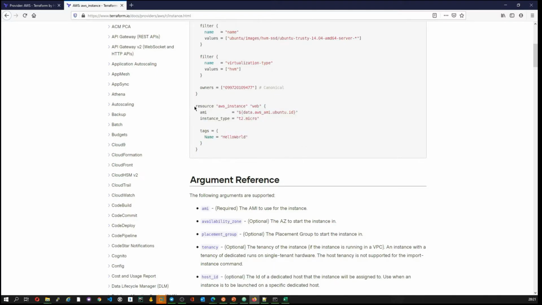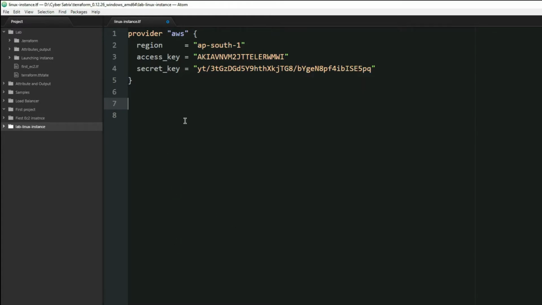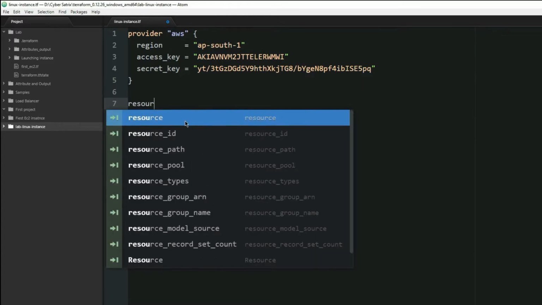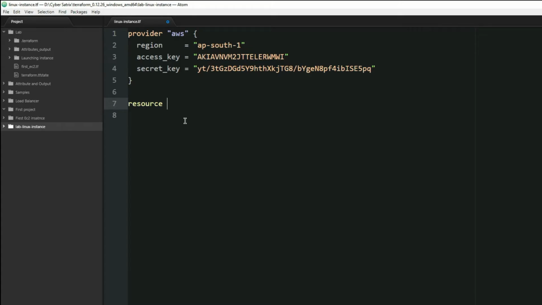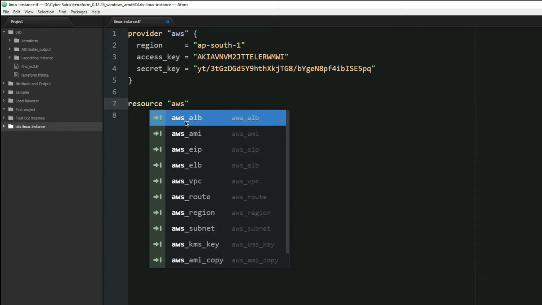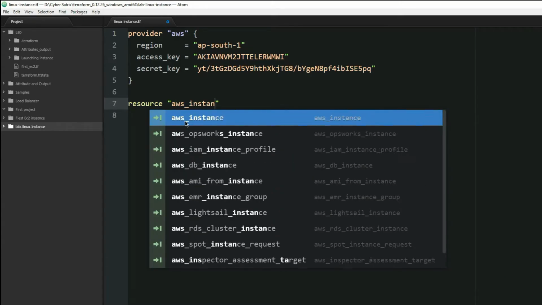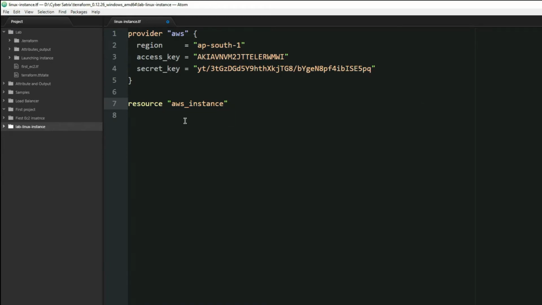Either you can copy this, or let me show you how to write the Terraform code with the help of Atom. Since we need a resource, we'll say resource, and then we need an instance, so aws_instance, and let me provide a unique name to this. Let me say linux instance here, and we'll open the bucket.